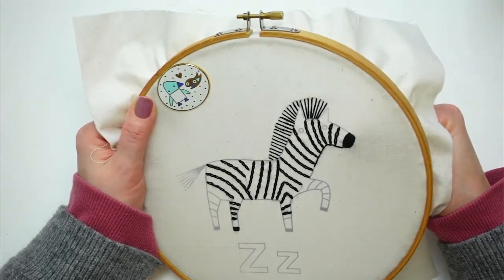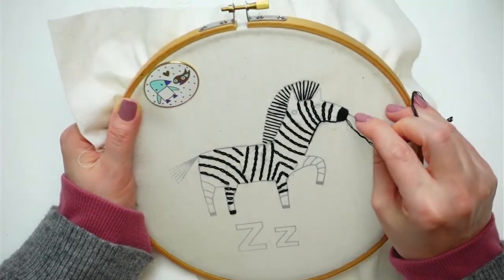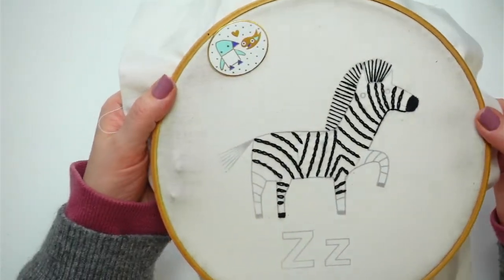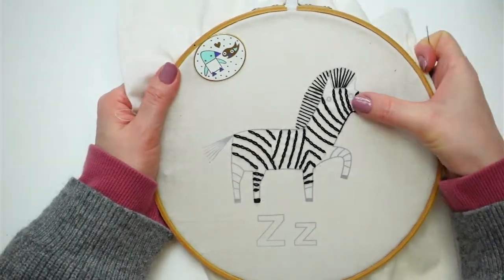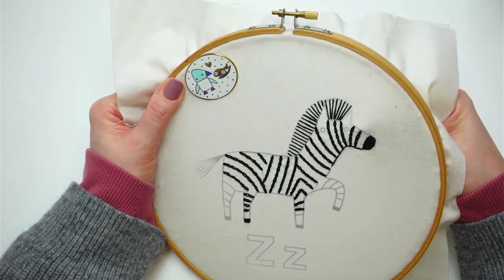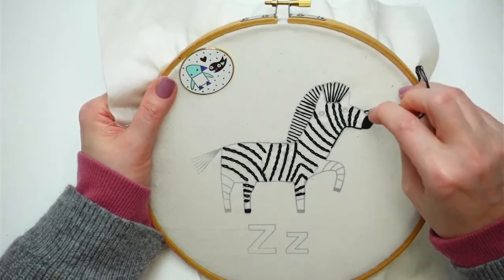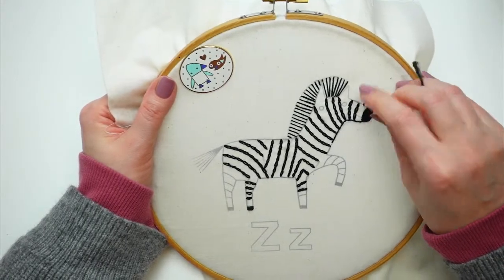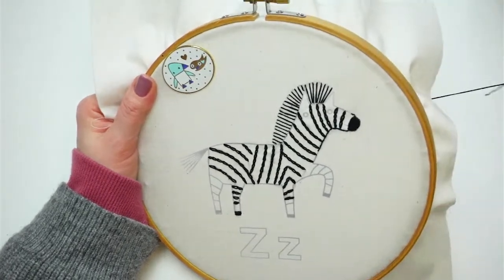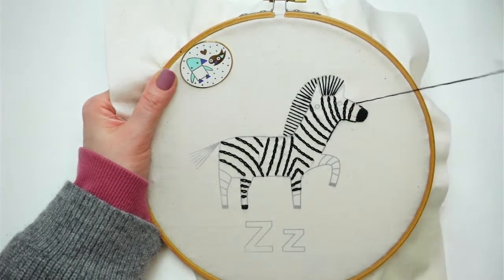Put my headphones on and let it run for a little maybe. All right, one little last stitch here just to finish off the little curve on the front of the muzzle. He's cute. Okay, there we go. That's making him look like a zebra there. All right, so now I'm just gonna pop back up here and use up the rest of the black that I have on here for the back stitch. We'll go around the top of the back, top of the zebra, and then when I finish this particular bit of thread, I kind of want to come back and finish his face. So we'll add some color